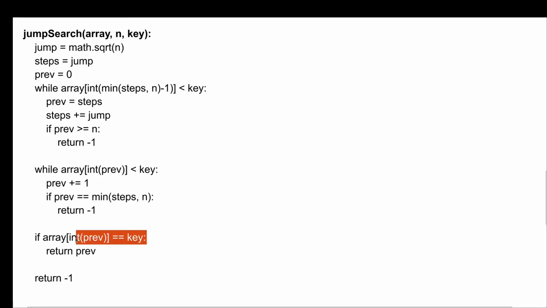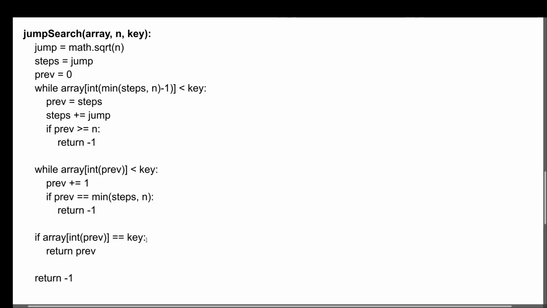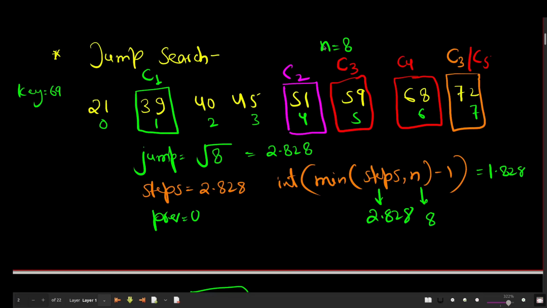And if this element is not equal, it is going to return -1. And even in this case, if there is a comparison inside this, it will not be incremented. And there will be another comparison here in this case, C6, but it will not be counted. So basically, how many comparisons have been counted here? C1, C2, C3 and C4, and that's why I have shown 4 comparisons. Okay, so I hope you got an idea how this algorithm is working.